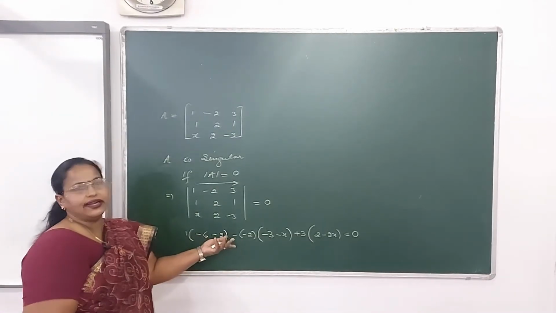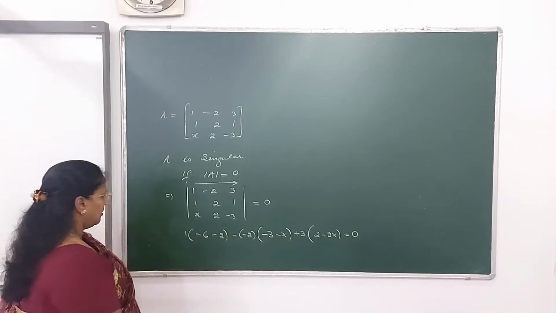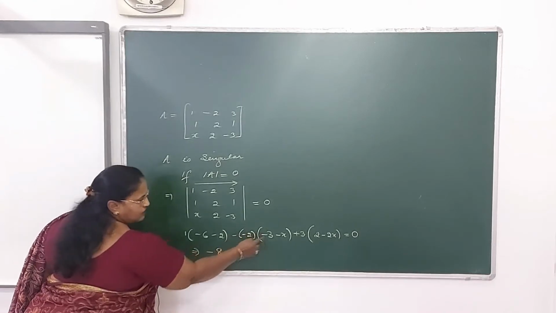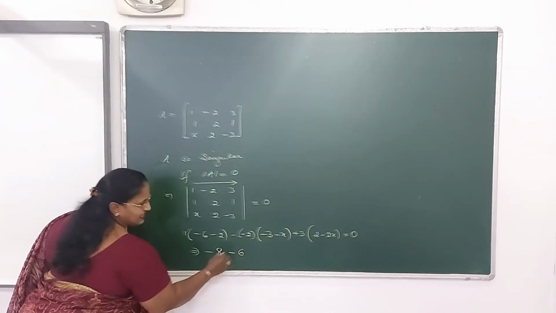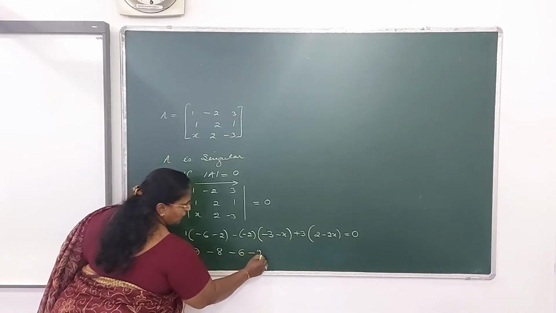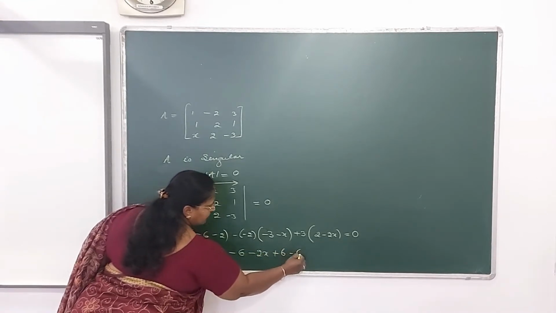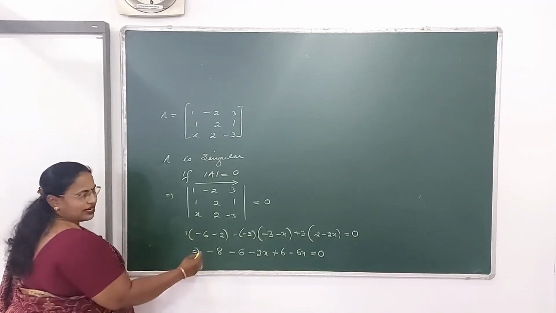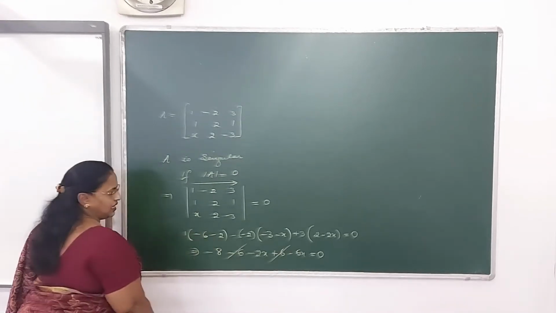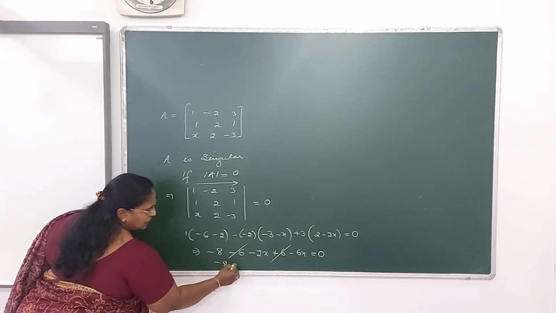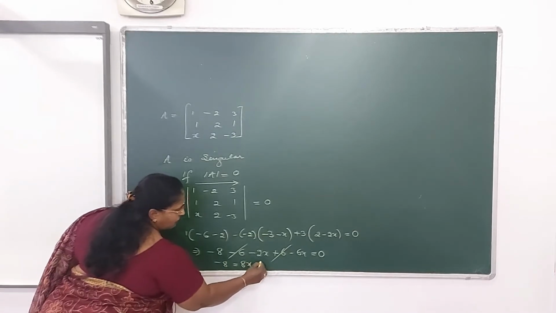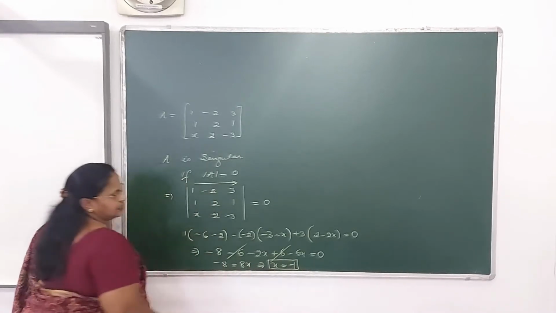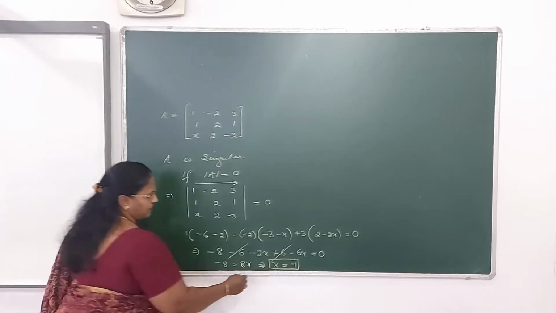Now simplify and get the value of x. It's that simple. So it's, open the bracket, it's minus 8. So minus 3 times minus means it's minus 6, minus 2x plus 6 minus 6x equal to 0. Just check it out how many terms you are getting cancelled. Minus 6 plus 6 will get cancelled out. So that way minus 8 is equal to plus 8x, or the value of x is equal to minus 1. So this is the answer.